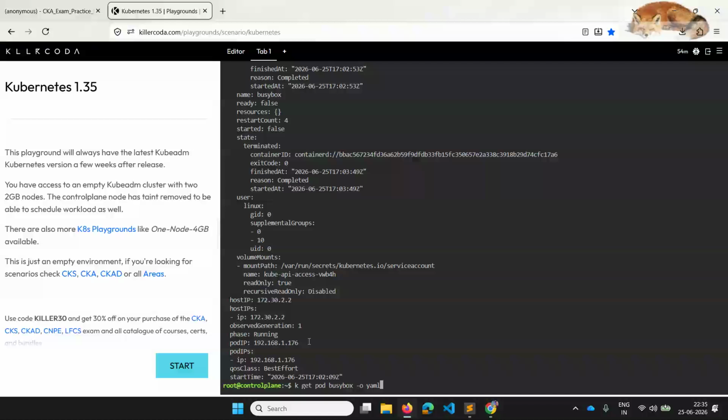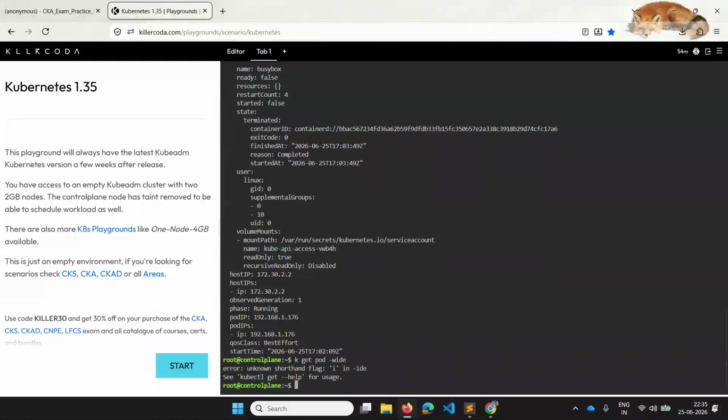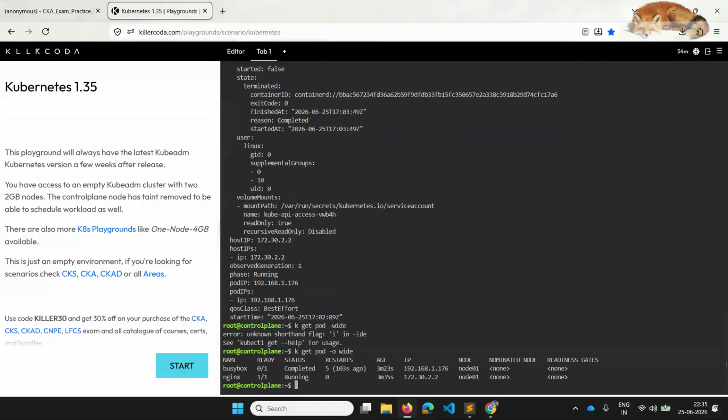And let's see, using get pods -o wide, yes. If you see here in the nginx container, the IP address is this, and we know that for this particular pod we have mentioned it as true, right?